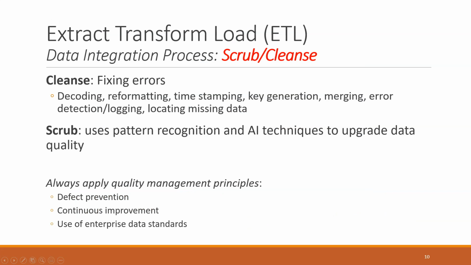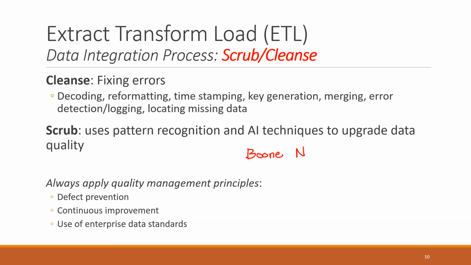So we can fix the errors that we find, of course. Then we have to create ETL process steps to be able to detect those errors and fix them as appropriate. Scrubbing means that we look for pattern recognition. A good example of pattern recognition is that if you had a single field that might show like the city and the state. So let's just say it would be Boone,